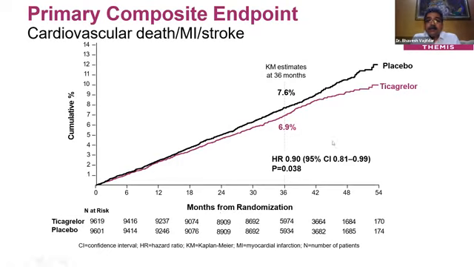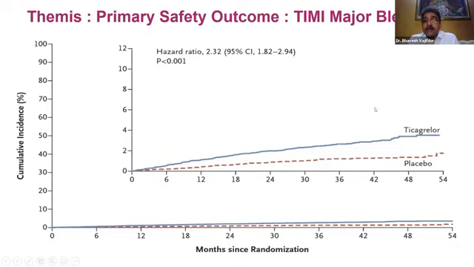And look what happened. If you look at the primary endpoint, that means the cumulative event rate of cardiovascular death, MI or stroke, the ticagrelor arm, where you have added ticagrelor to aspirin, fared much better than placebo. Okay, and the p-value was significant here, 0.038. But at the same time, the bleeding is increased. So the bleeding has increased significantly when you add ticagrelor instead of placebo to aspirin in stable coronary artery disease patients.